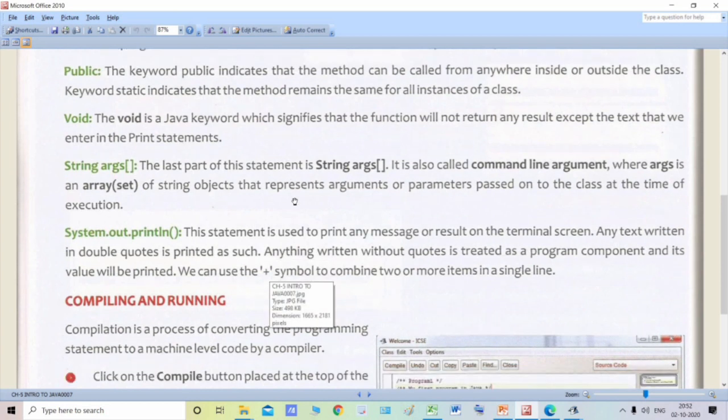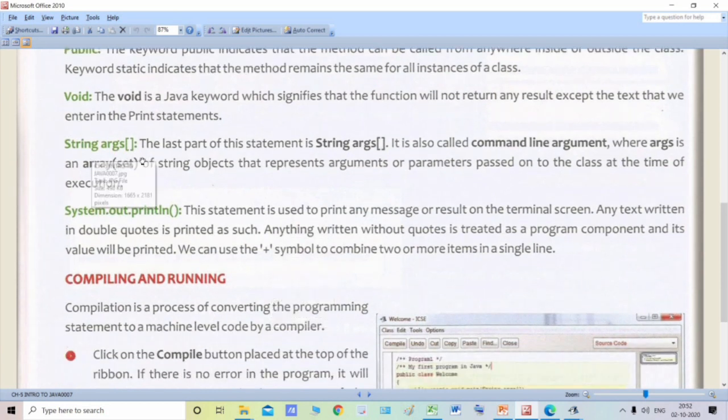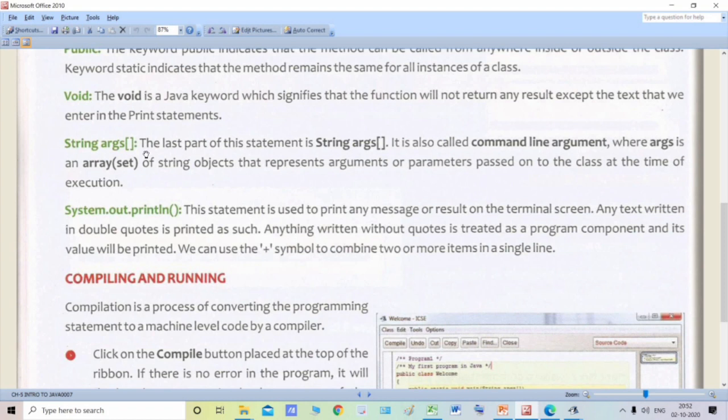Moving on. String args. What is string args? The last part of this statement is string args. It is also called the command line argument, where args is an array set of string objects that represents arguments or parameters passed on to the class at the time of the execution.